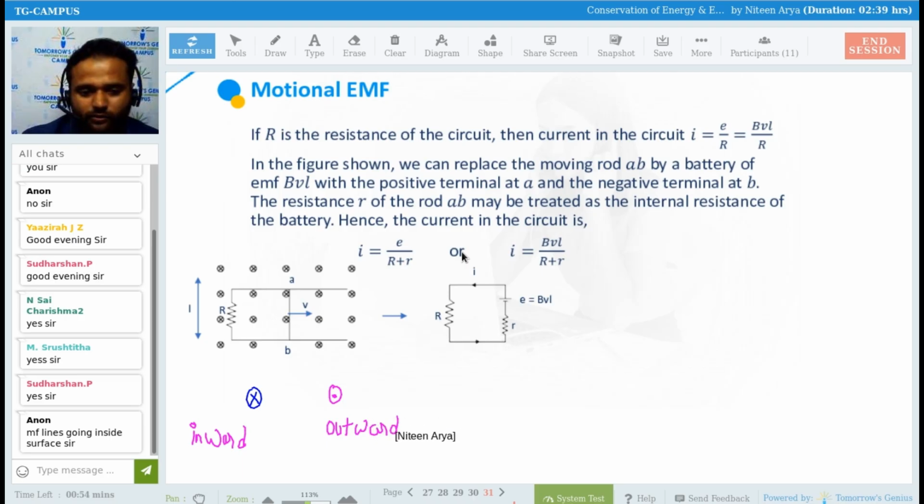So if it is inward, and this is the length of my wire, this is the length L. And in this particular coil, there are two wires. One wire I am moving with length L, and one is to complete the circuit. Don't confuse here. This wire is just to complete the circuit. In this wire, I apply a resistance also to make the circuit complete.